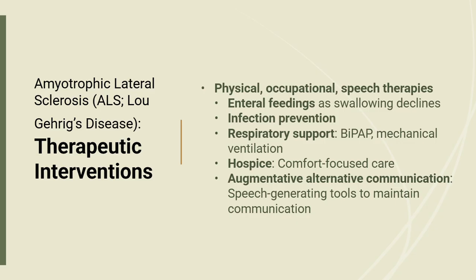Prevention of infection is another priority. Respiratory infections, especially pneumonia, are a major cause of morbidity and mortality in amyotrophic lateral sclerosis because the respiratory muscles weaken over time. Patients may have difficulty coughing effectively, clearing secretions, or taking deep breaths. Good pulmonary hygiene, suctioning if needed, vaccinations, and early treatment of respiratory symptoms help reduce complications. Skin care is also important since immobility increases the risk of pressure injuries and urinary tract infections.